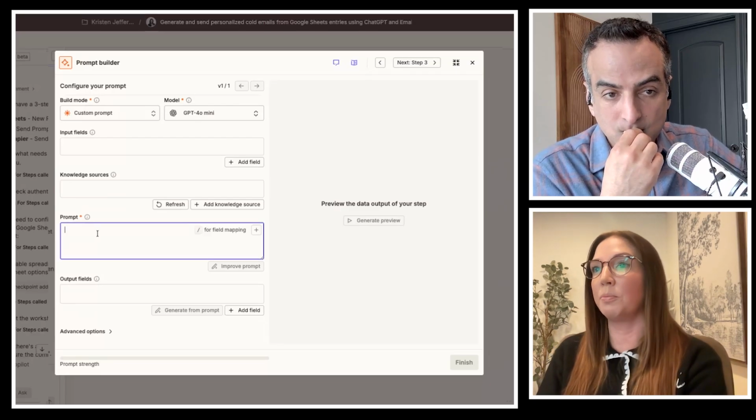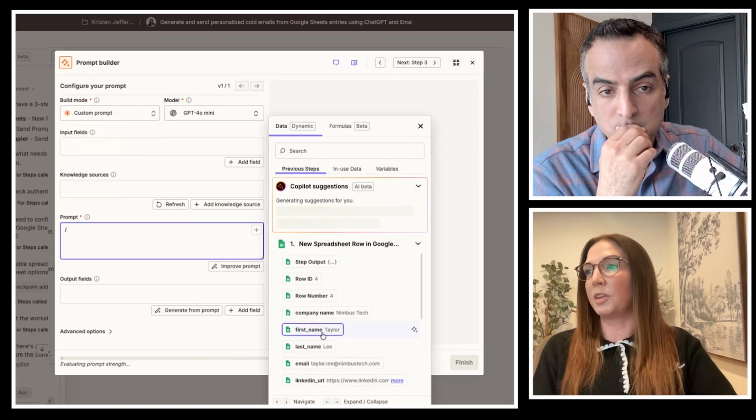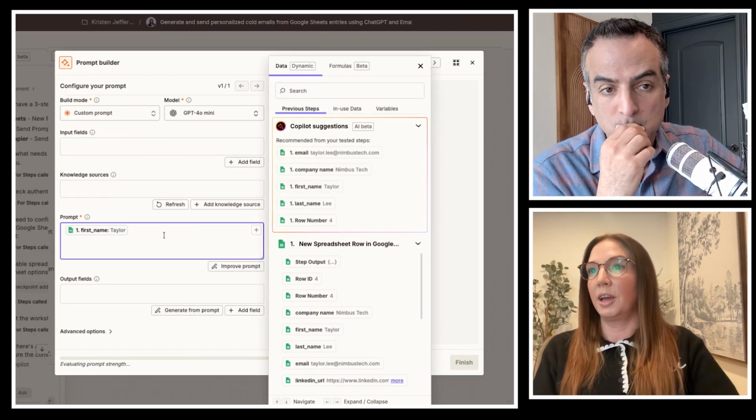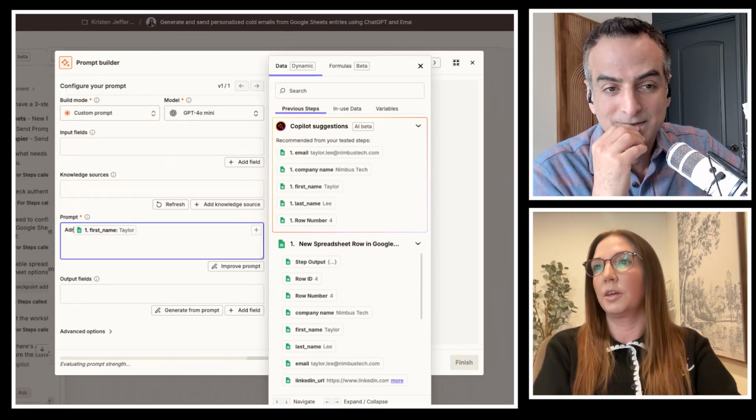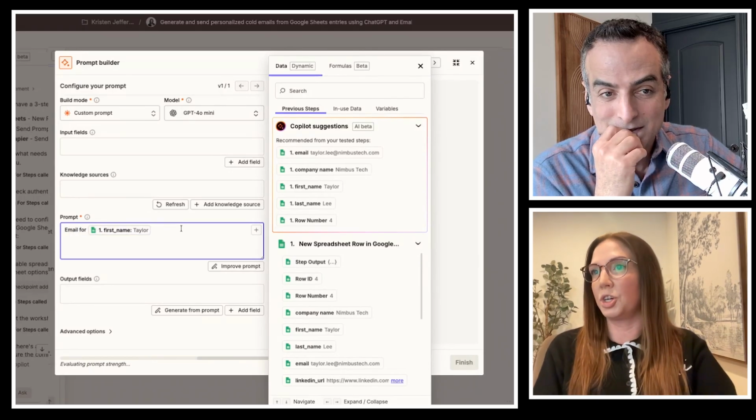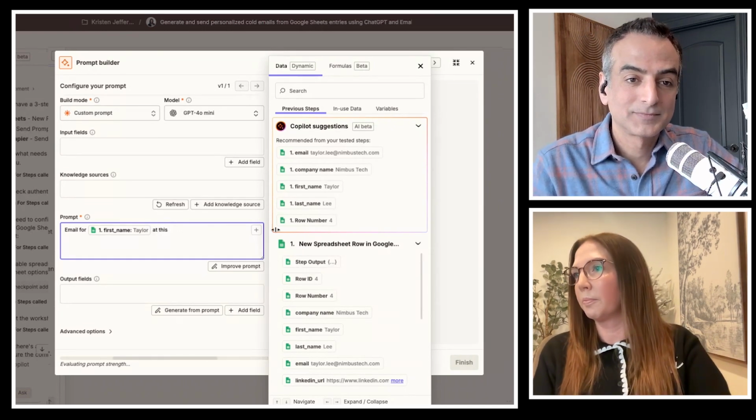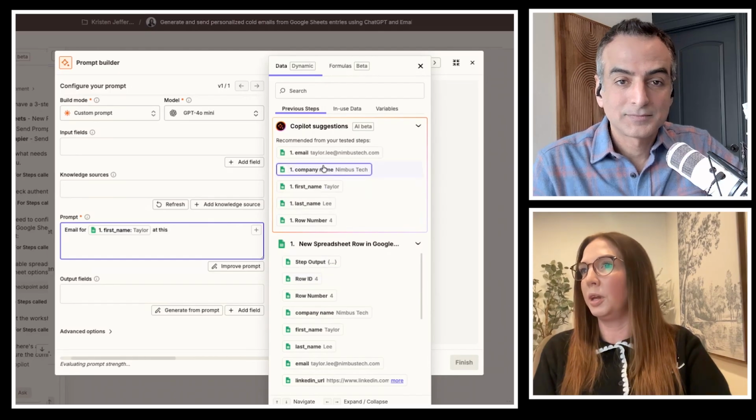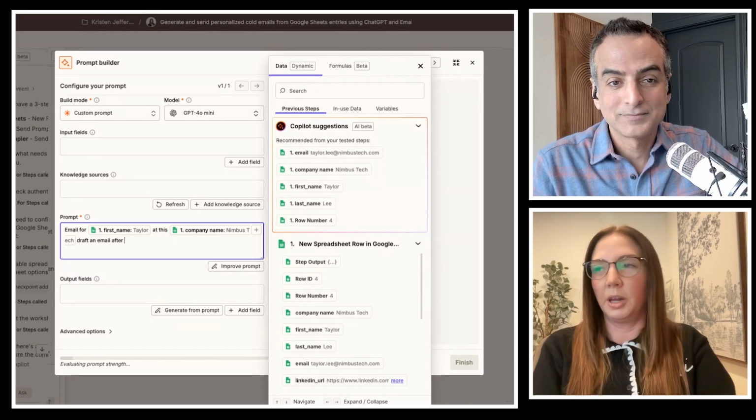So here's where you'd have your prompt, and for mapping, we can select here first name. This is pulling directly from our sheet, and we want to say hi first name. So we're just putting in the prompt, address email for, this is the name we're looking for from our sheet, at this company, and company name here. Draft an email after looking for any public mention